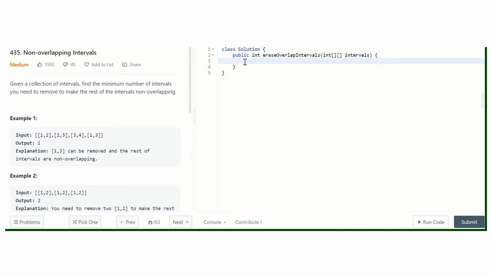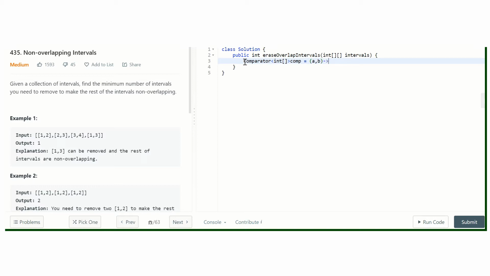So first we'll sort it. Let's make a comparator. Int star comparator a comma b.